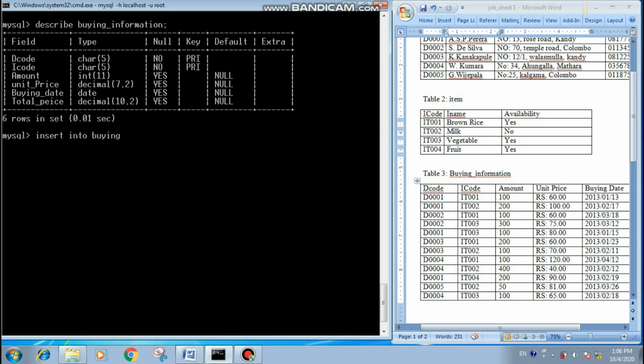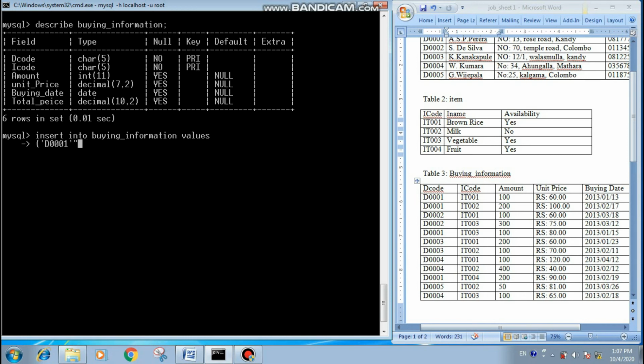According to my example, it is buying information. Here I am not going to give field names because I am going to follow the same order. Values, open bracket. Inside values, I am going to give the data according to the table structure.